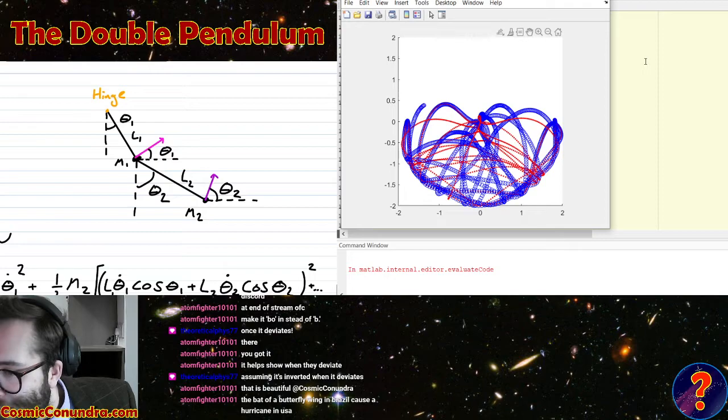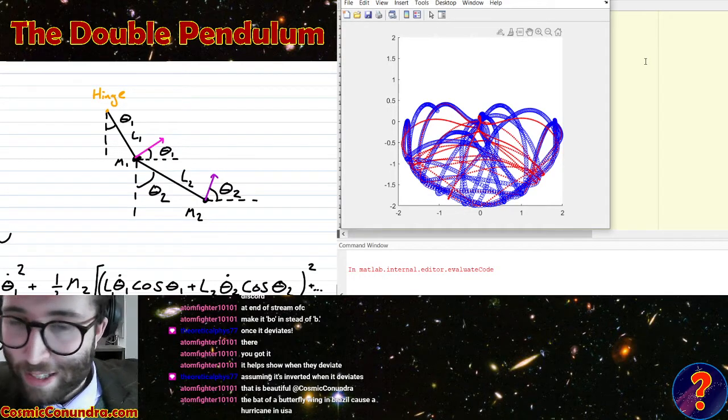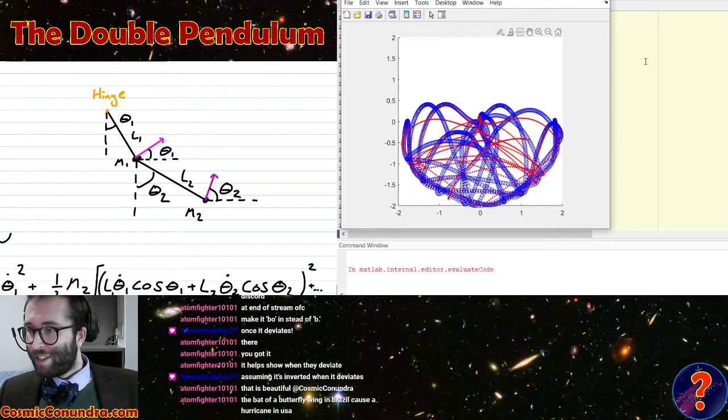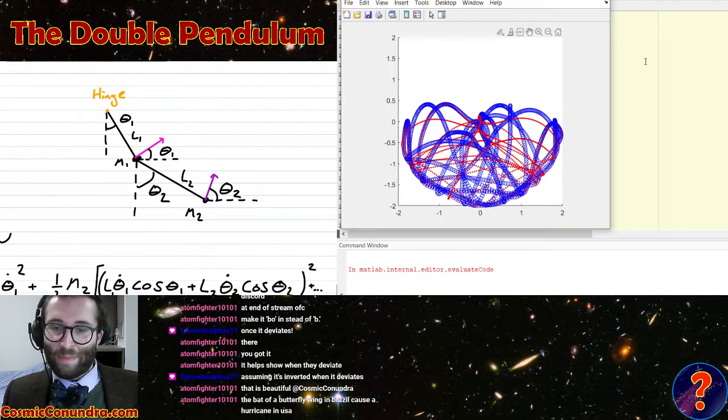The flap of a butterfly wing in Brazil causes a hurricane in the USA. Yeah, it's that kind of thing. That's often what they call things that describe chaos. They describe it as this butterfly effect. That if you go back in time, you kill a butterfly and it affects the entire history of the human race in some way. Which is not really true, but